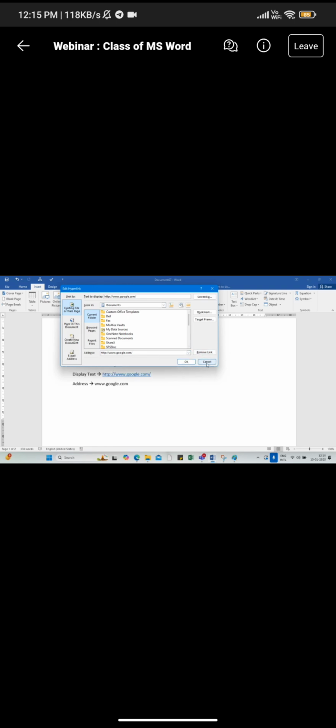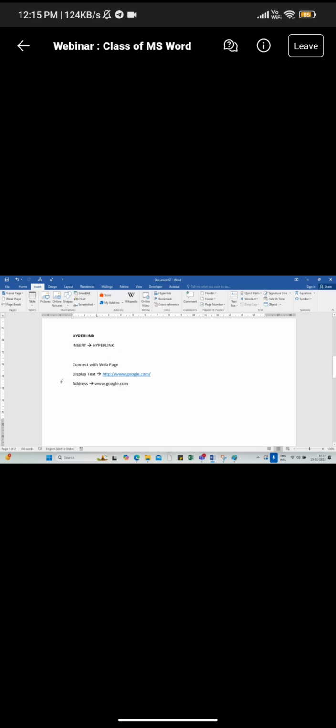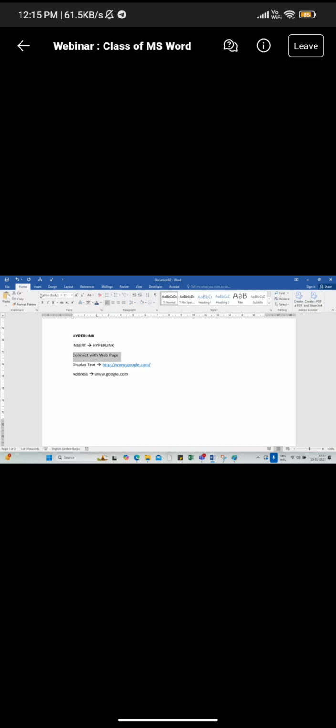Okay. So this is how we can create a simple web hyperlink, connect with a web page. So this web hyperlink we can create like this. However, the requirement is that you need to know the link address. If you don't know the address, in that case, it will be difficult to create it. Okay. Next is